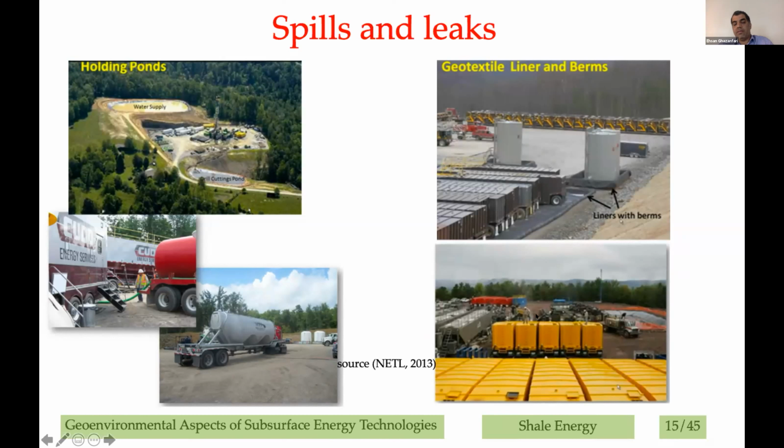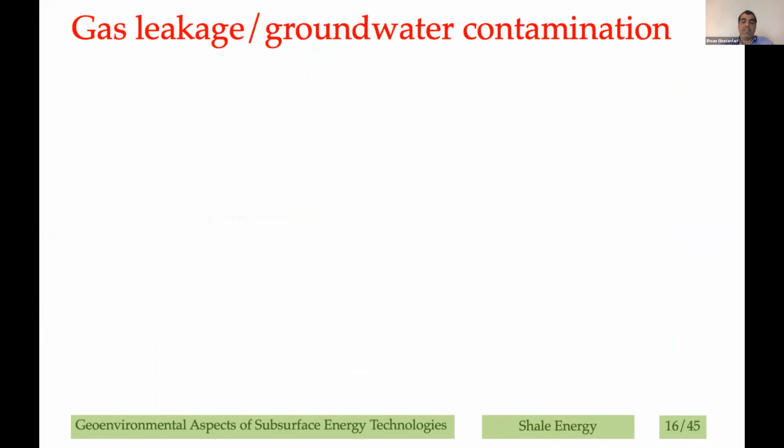Typically all the water and the flowback is stored in containers, but there is still significant risk with spills and leaks. So typically in Pennsylvania, the portion of the flowback which is not recycled is being shipped to Ohio, and it will basically be stored using deep injection wells. So there's also risk of spills and leaks once the trucks are being shipped to the neighboring state.